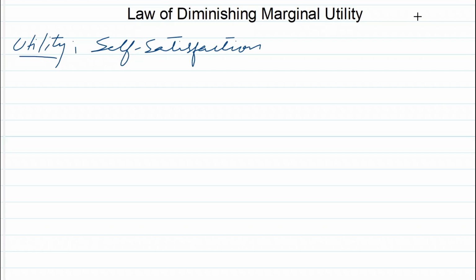The law of diminishing marginal utility is an interesting law in economics, and it definitely explains human nature. Utility refers to the self-satisfaction that we derive by using a certain product. But keep in mind, utility does not mean benefit. It can be beneficial, but sometimes it is not. For example, smoking gives utility to the smoker, but it does not give benefit to him. Similarly, if a consumer consumes apples, he gets benefit as well as utility. So many products which have utility for a consumer may or may not have benefit for him.